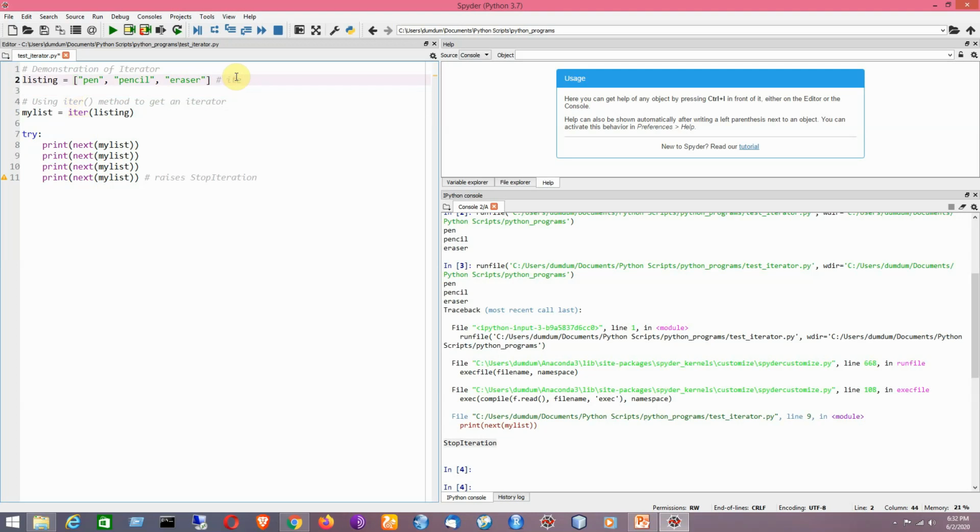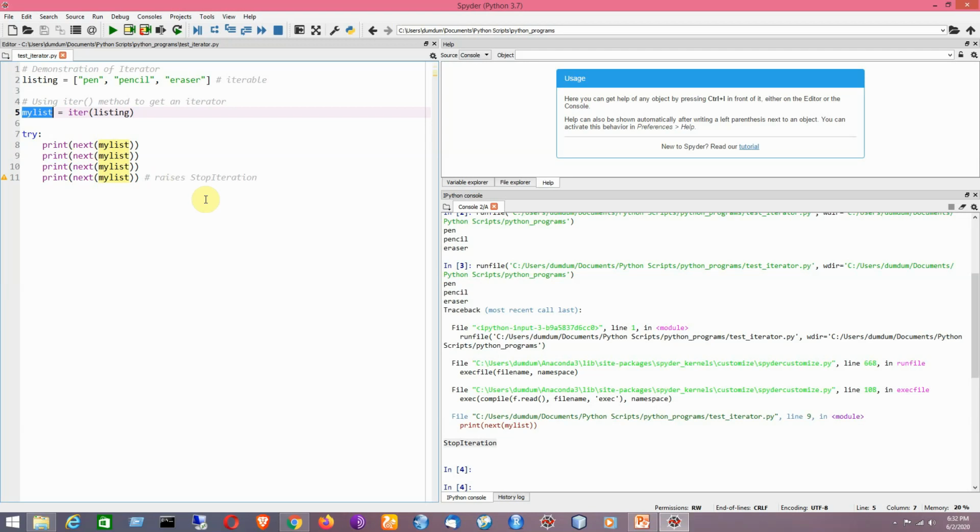So from the iterable, by applying the iter method, I am getting an iterator, which can be traversed. Like you can access the elements one by one, and when we reach the end of this iterator, it will raise stop iteration.